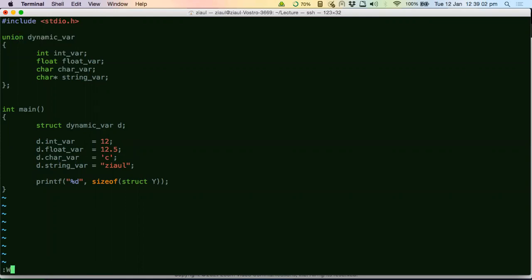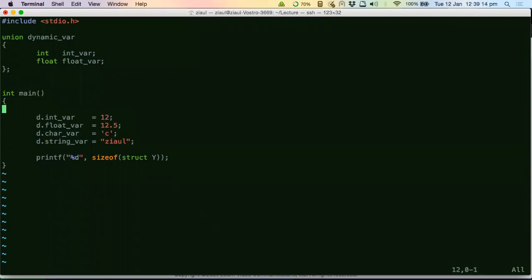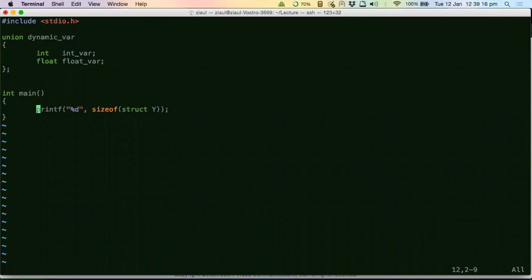Let me keep the example a bit simple. So let me just declare it as an integer and float. I will come to this later. So let me first draw how the memory arrangement of a union looks like.